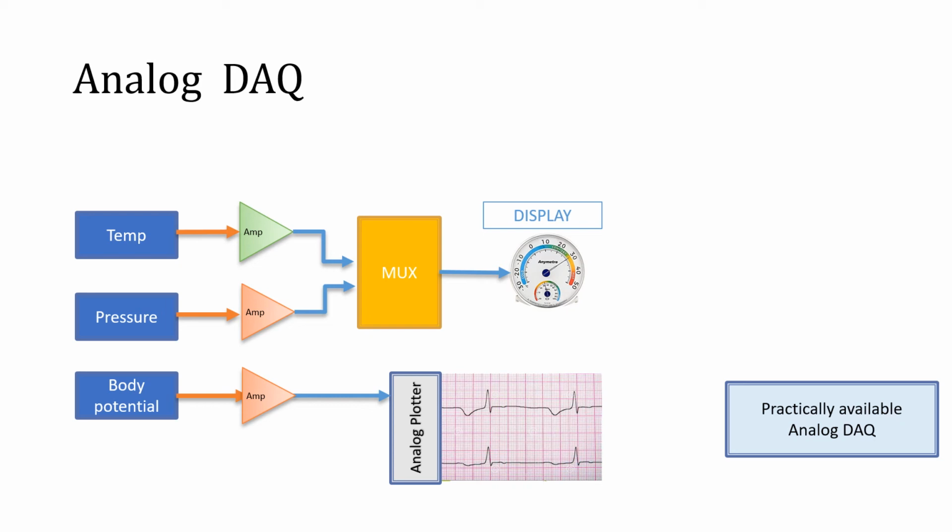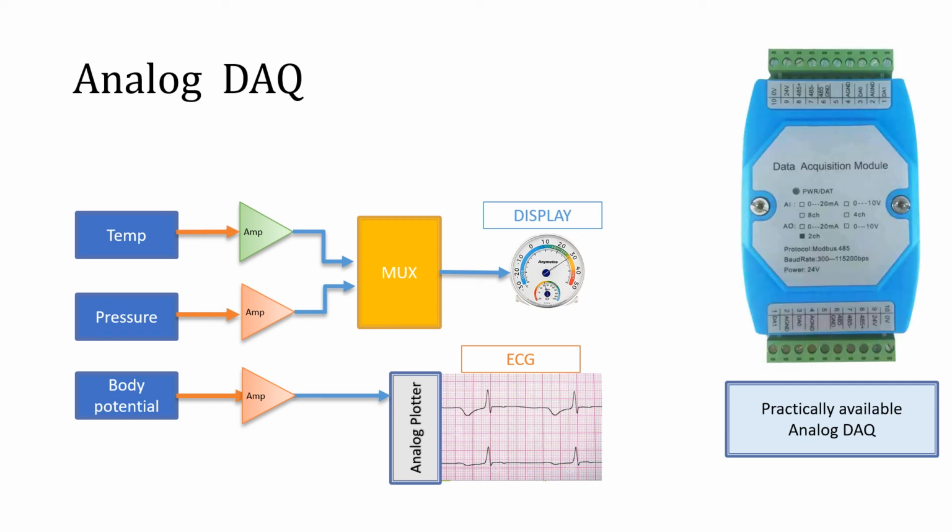Below is the diagram where we rarely use op-amps for amplification. Here we usually use them for removing the noise and directly giving the output to some kind of plotter so that it can give the output on a display. In this I have given an example of an ECG plotter. You must have seen when we are taking readings from the human body, the body potential is directly fed to an amplifier and the output of the amplifier is connected to that ECG machine, which is analogous in nature, to plot the behavior of that body potential. So that is the best example of analog data acquisition.